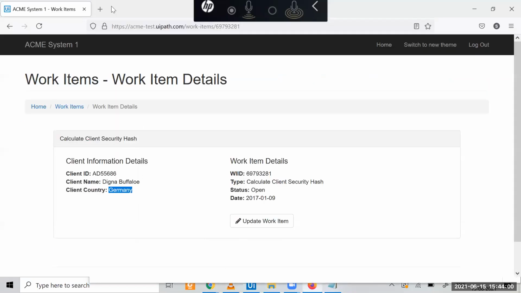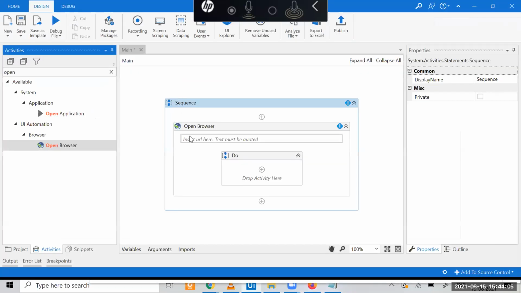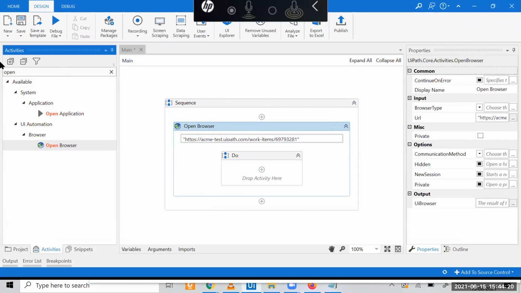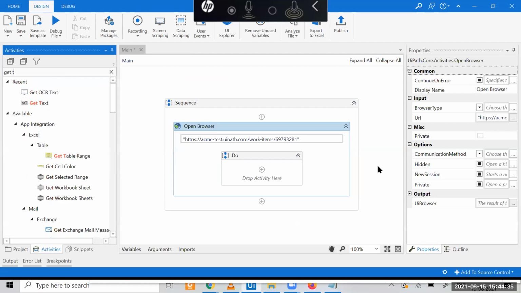So why am I telling you this website is a tricky one? Let's see, I'll show you. You'll go to this browser. Here, what you want is this, correct? You know there is one activity to get text from your website. What was that activity? Screen scraping? No, Get Text. Scraping is for Get Multiple Text. Yes, Get Text.